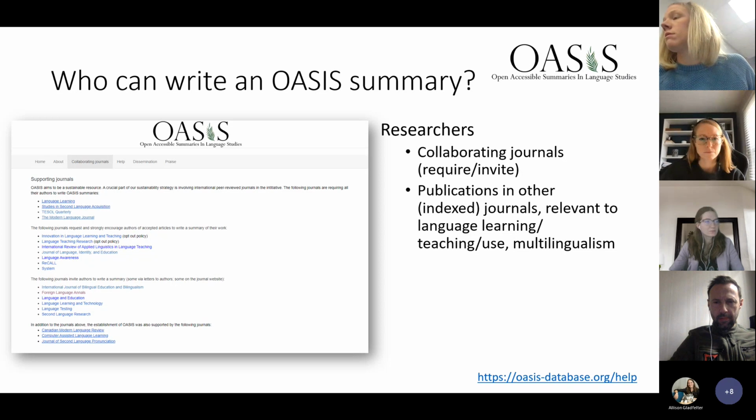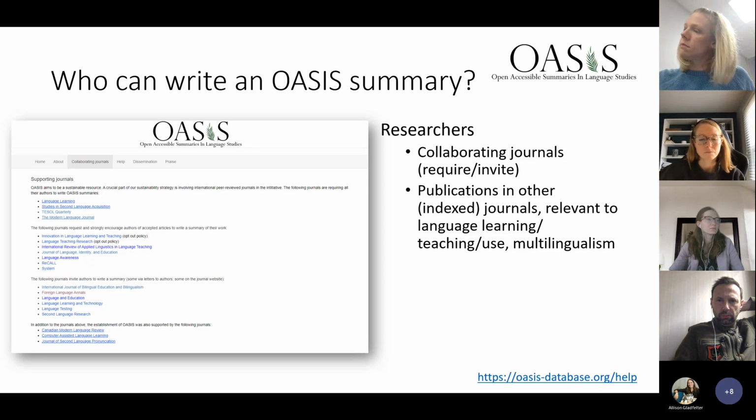Importantly, it doesn't have to be all of the authors or the primary author of the study who writes it. But for example, the last 3 papers that I published came with a requirement request from the editor to say, please submit your summary by this date. Publications in other index journals that are relevant to language learning, language teaching, language use, multilingualism are also invited by OASIS to submit summaries for publication. You just may not get that invitation directly from the journal editor. But you can see the list of supporting journals and collaborating journals is